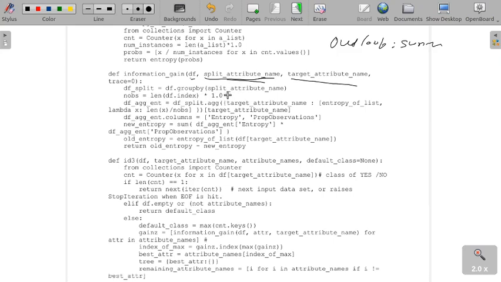Whenever subtrees are being joined, there will be a smaller number of data set, so a smaller number of instances instead of 14. So we calculate how many instances are there in our subtable, and that count will be kept. This one is a built-in function. What it does is split and aggregate the values.